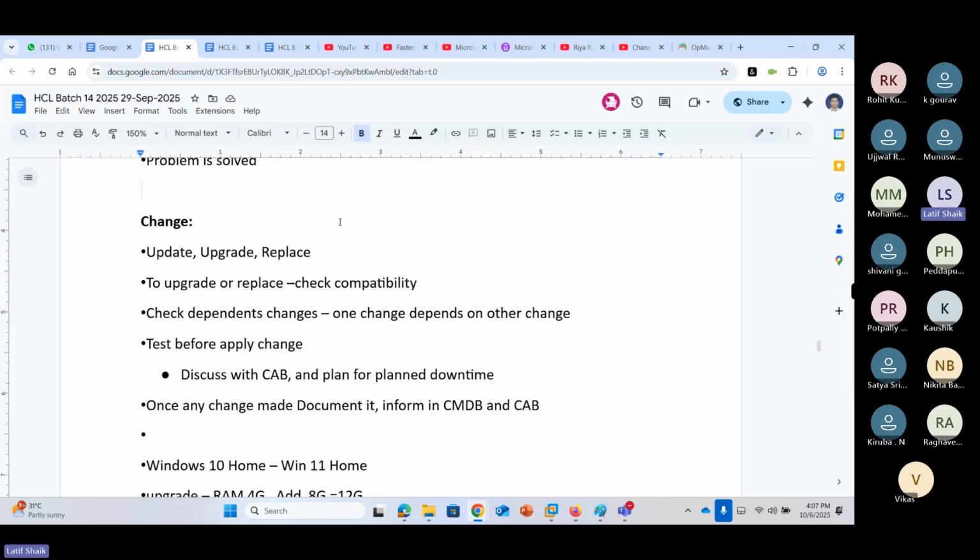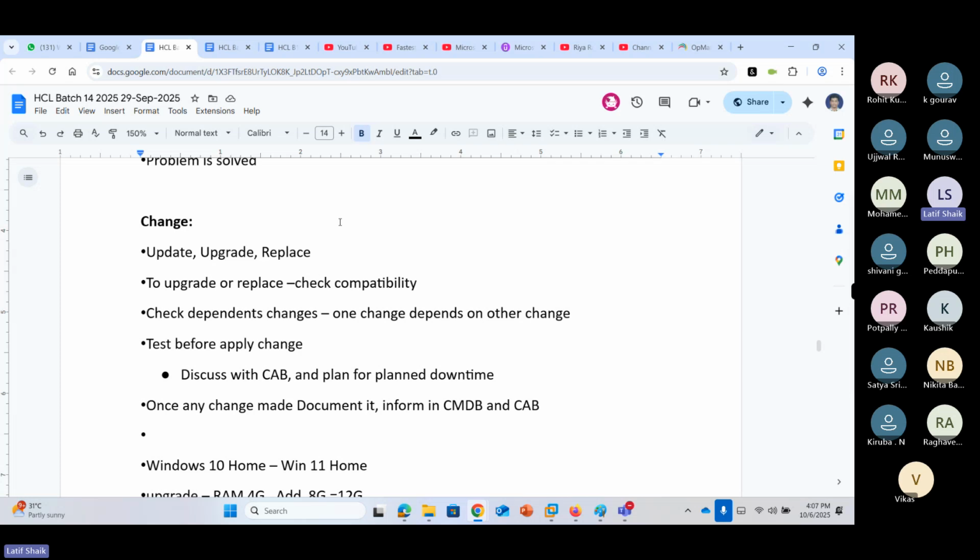Next, in change management, as already said: update, upgrade, replace. When you're doing it, check the compatibilities and dependency changes. You have to make sure that it is compatible to do this update, upgrade, or replacement. If you do this change, it may affect other things, which may require changes also.